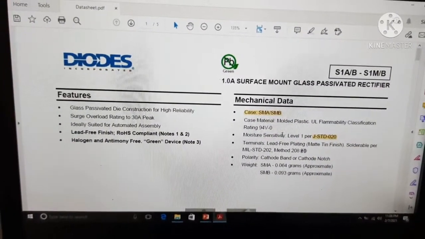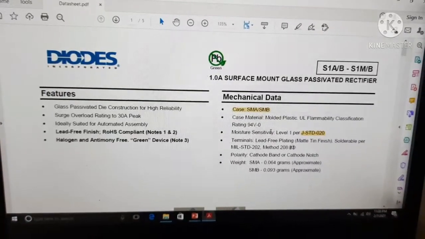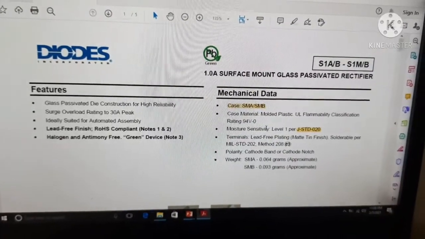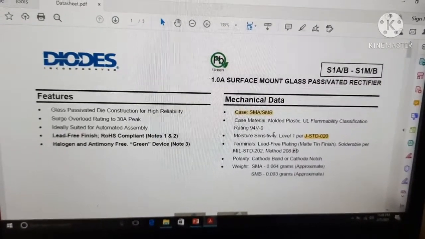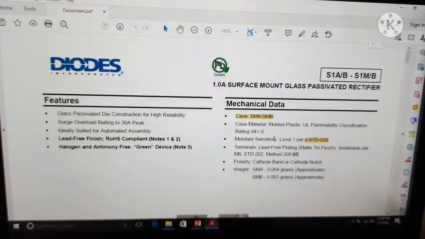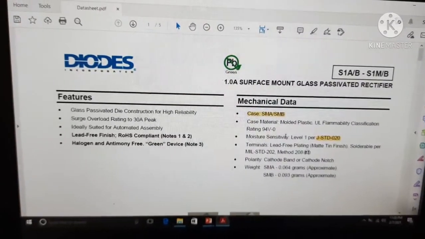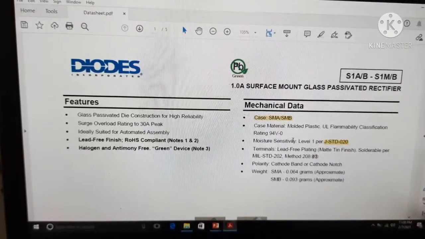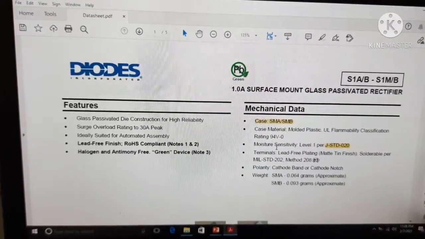We'll see what the data sheet looks like for a diode. We're not going to learn more about how the diode PN junction forms; I believe that everyone is aware of the PN junction and how it is formed. Now we are going to focus more on the practical: how to read the data sheet of a diode.